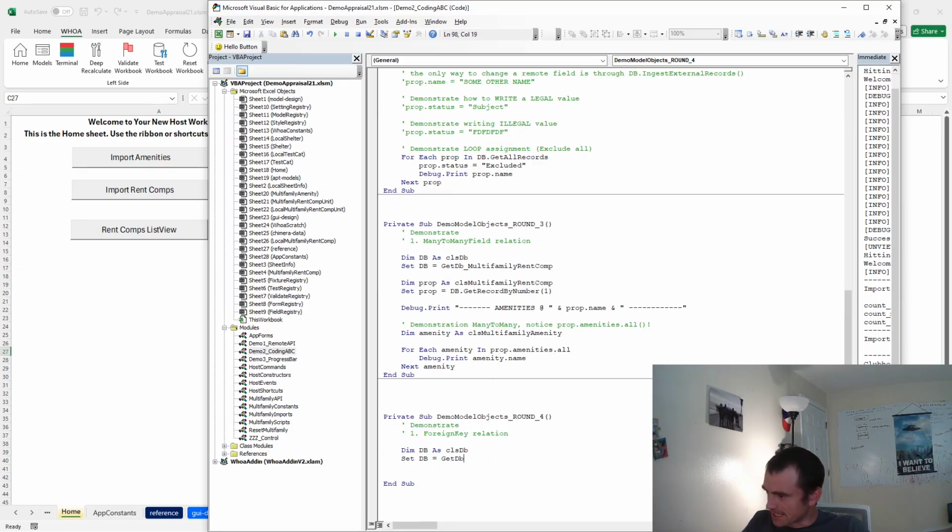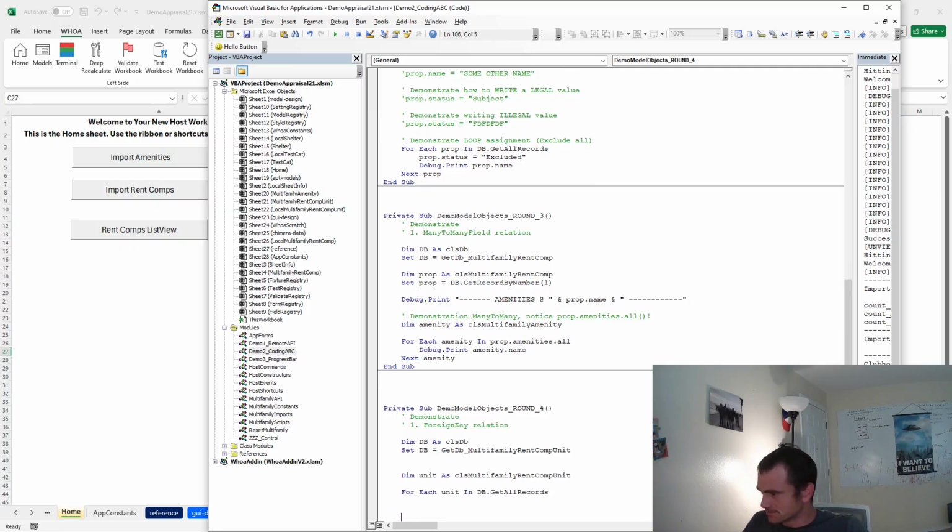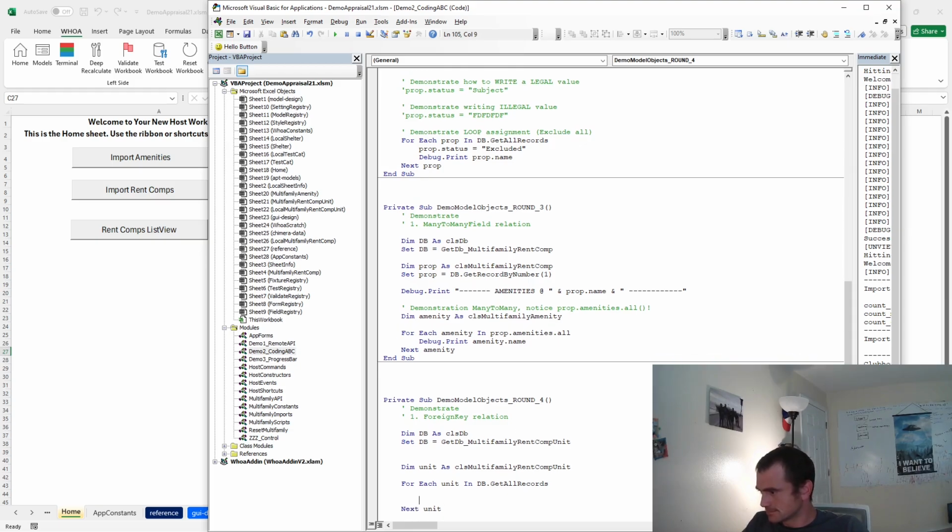And this is going to be called getDB multi, hit control space. Get the unit one, dim unit as class. For each unit in db.getAllRecords, and we'll debug.print unit.id,